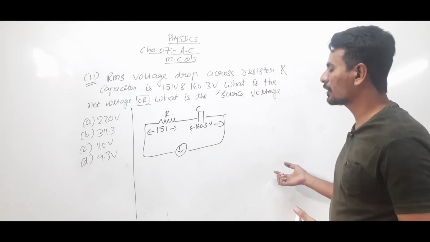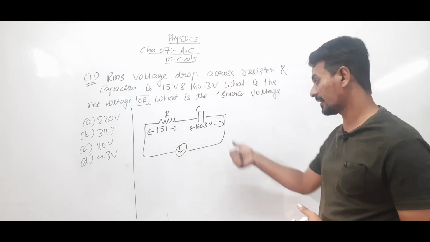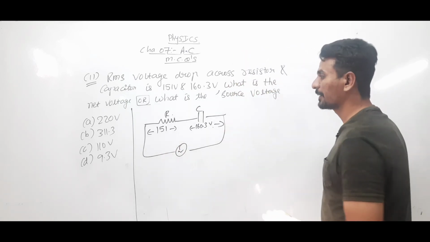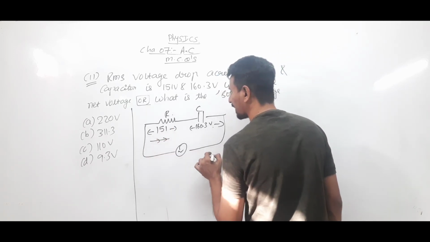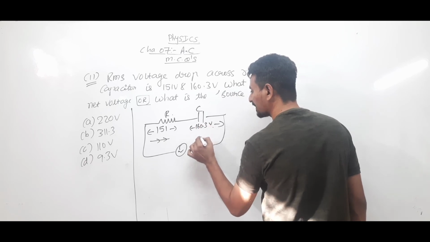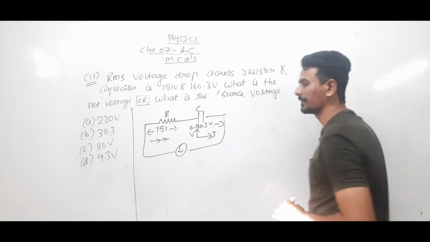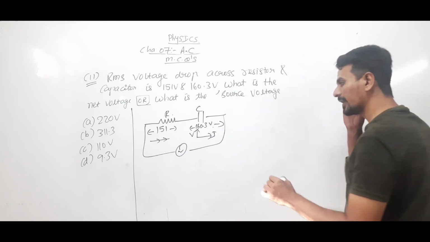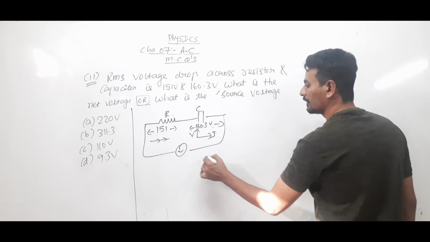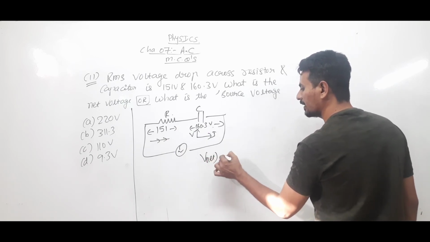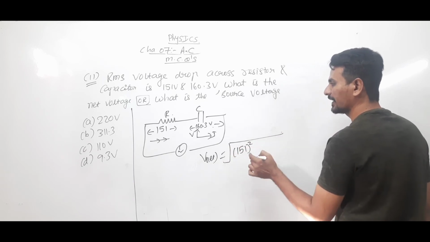But here we cannot directly add these two voltages because there will be a phase difference between voltage and current in the case of a capacitor. That means if I am drawing the phasor for this, then for a resistor voltage and current will be in the same direction. But in a capacitor, the current leads the voltage. So if this is the current, then this will be the voltage, right? So net voltage cannot be directly added up as we were doing in DC. So here net voltage will be obtained by this method, root of A square plus B square.